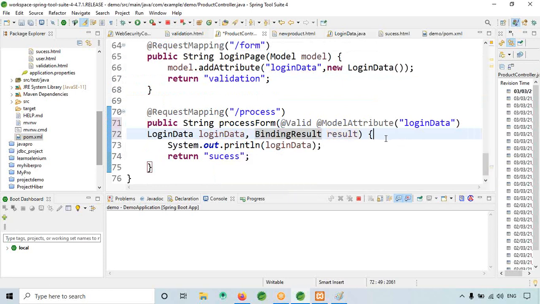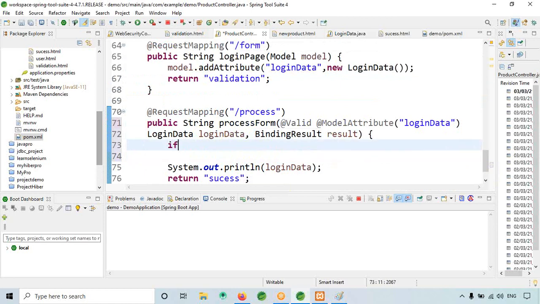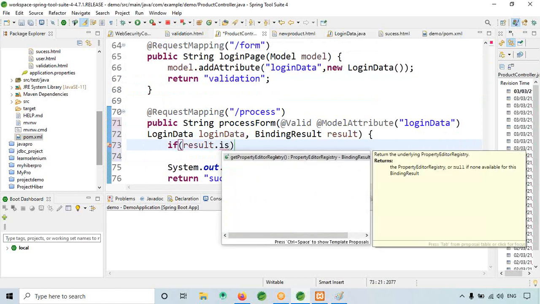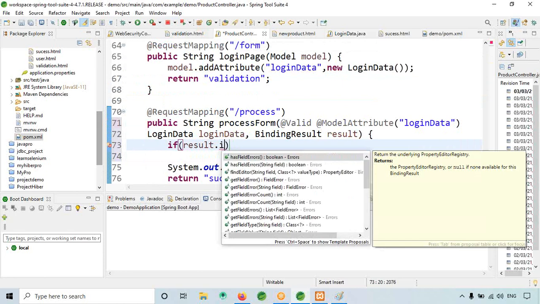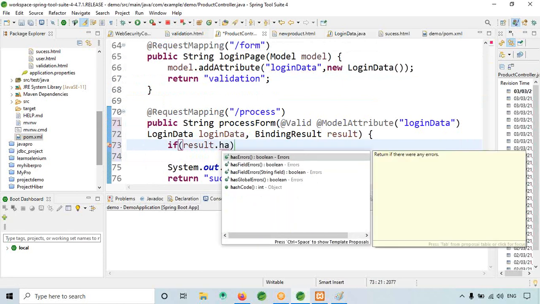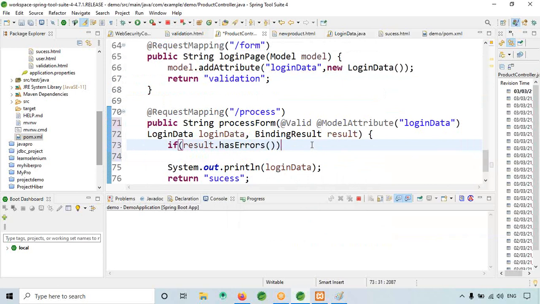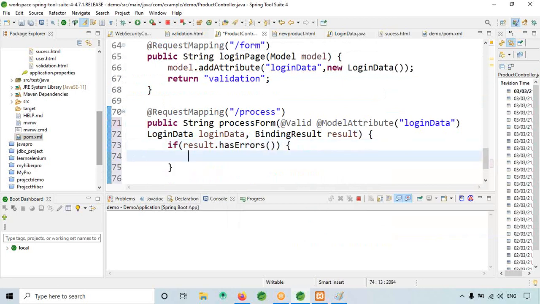Now, what I will do is, if result has errors, then I will put a statement saying error occurred, like this.